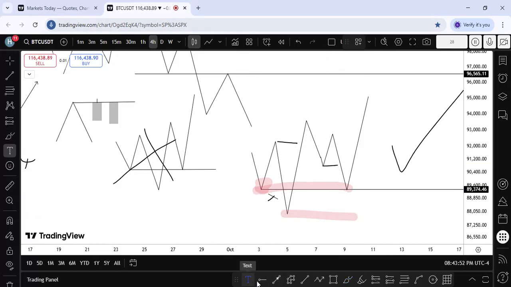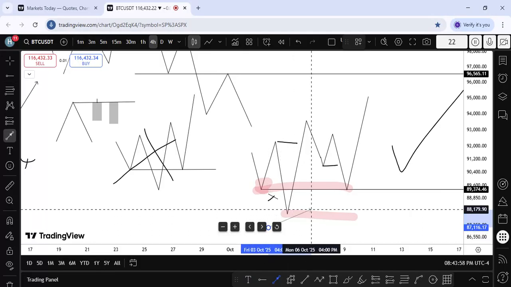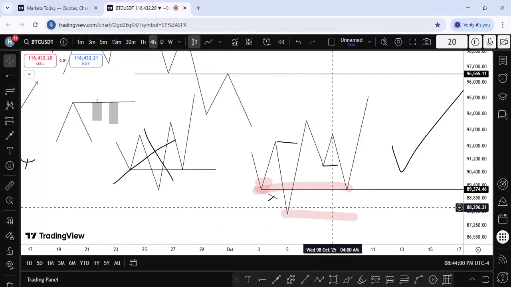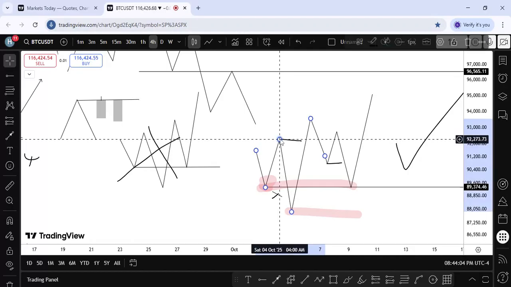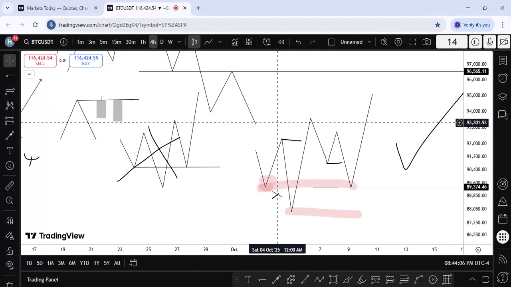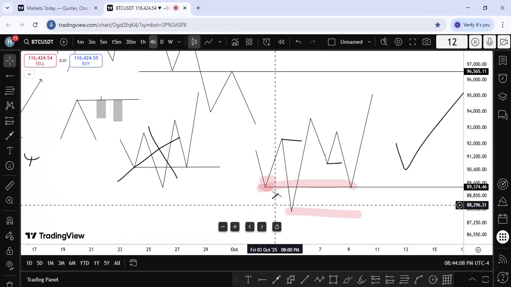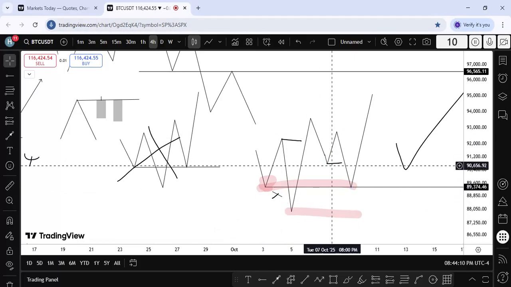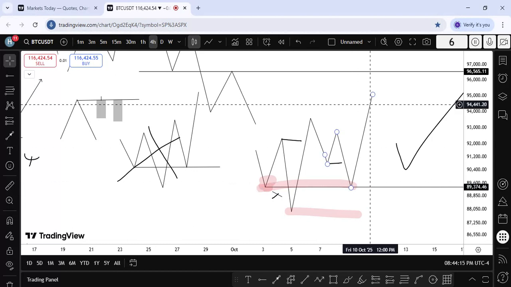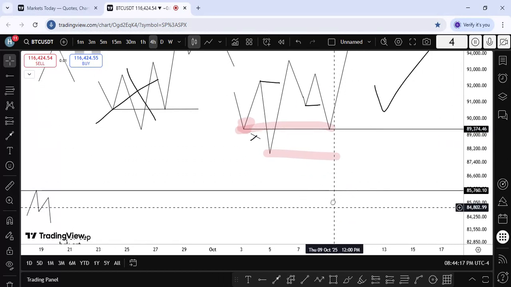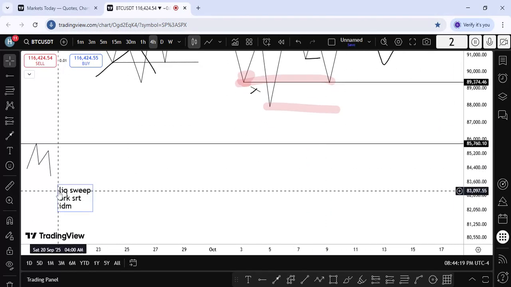So let me just show you what I've said. This is break of structure, this is break of structure, this is liquidity sweep, and this is the inducement. Then price retested the same place and bounced back higher. So that is what I say: liquidity sweep,